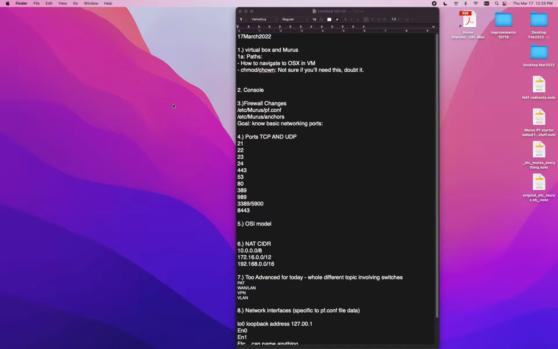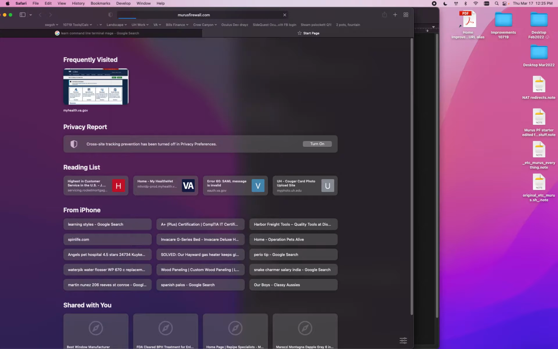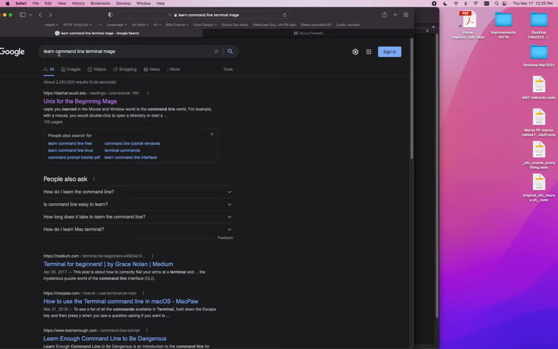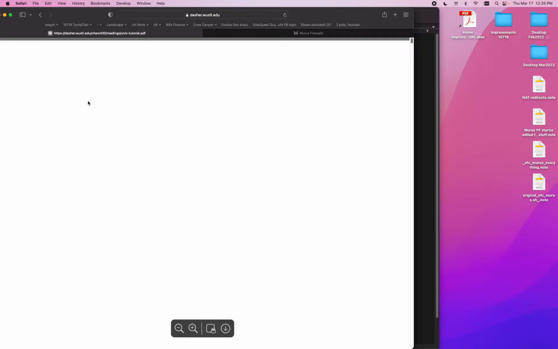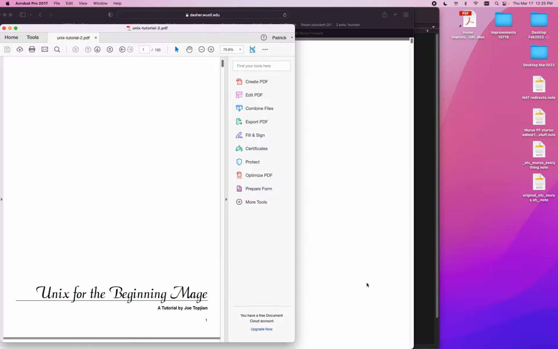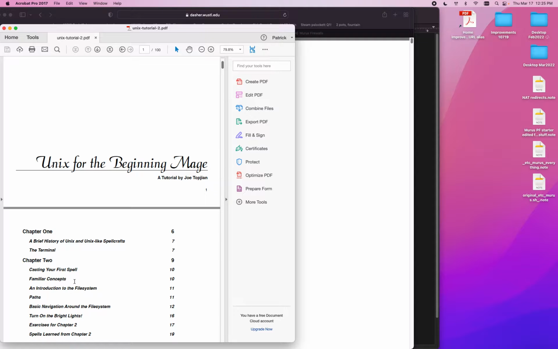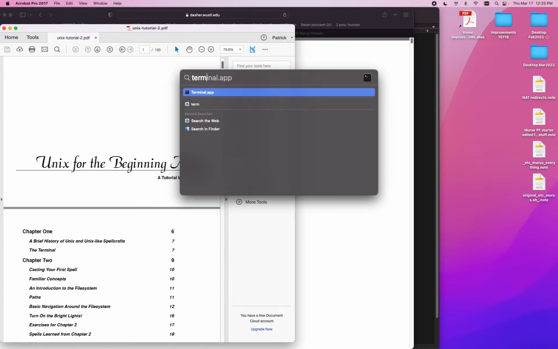All right, so VirtualBox and Murus. You already know about Murus. Oh, one other thing. Google "Learn Command Line Terminal Mage, Unix for the beginning Mage", and then download this. It's amazing. It's kind of long. I didn't actually finish it, but it's really cool, and it just kind of gives you a game to learn some of the command line stuff. So in terminal,